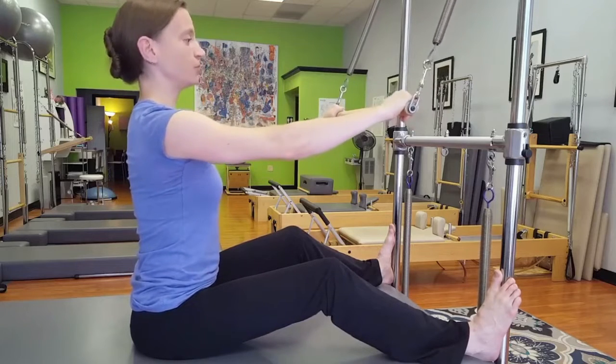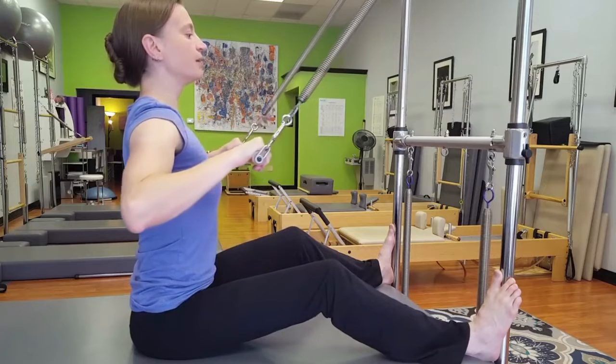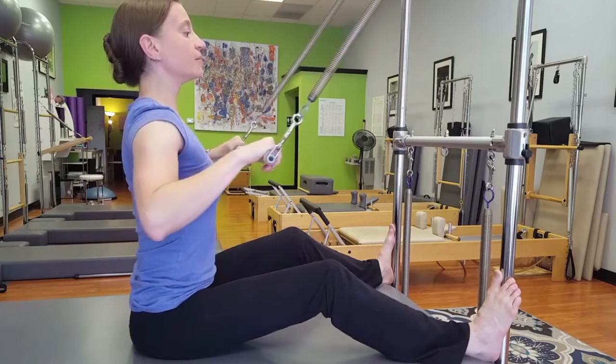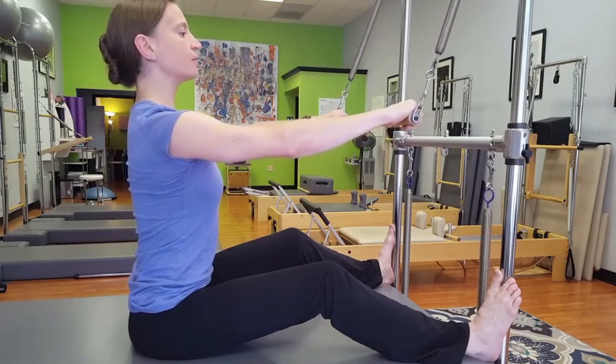So again, put your elf ears on, get those points up there. Feel them rise as you pull the spring in, drawing the weight to you. Feel them stay up, even maybe lift a little further as you take that weight of the spring out away